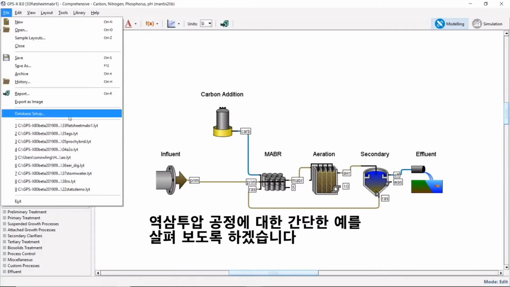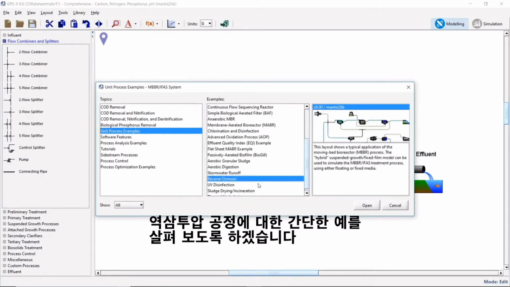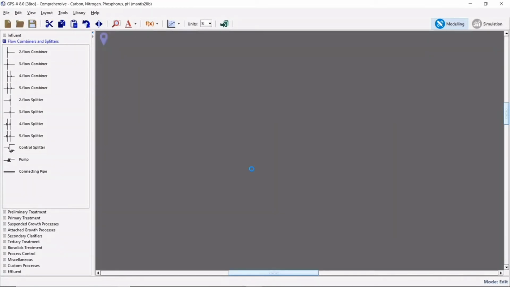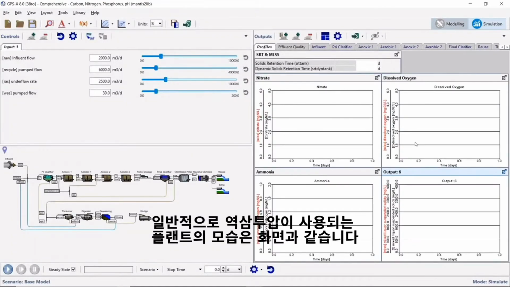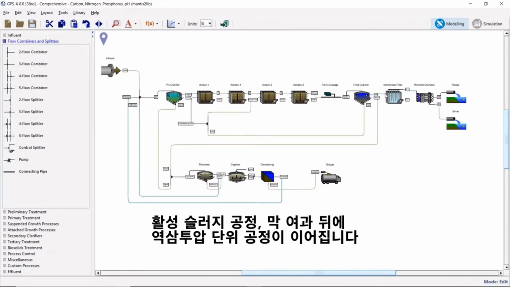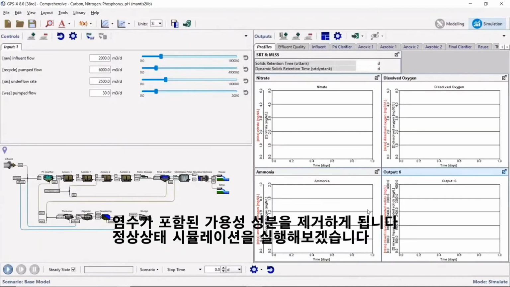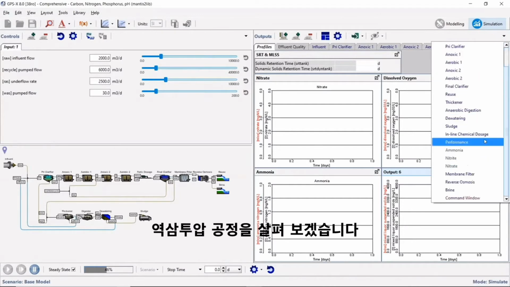So I have another example of that: sample layouts, unit processes, and let's go to reverse osmosis. And so this would be typically used in a situation like this, where this is probably a plant that would be doing water reuse. So after an activated sludge process and then membrane filtration, there's some reverse osmosis technology applied here to be able to get a very high quality effluent and some brine that contained the concentrated soluble components that were removed. So if we just run this at steady state, and I'm going to hop over to the